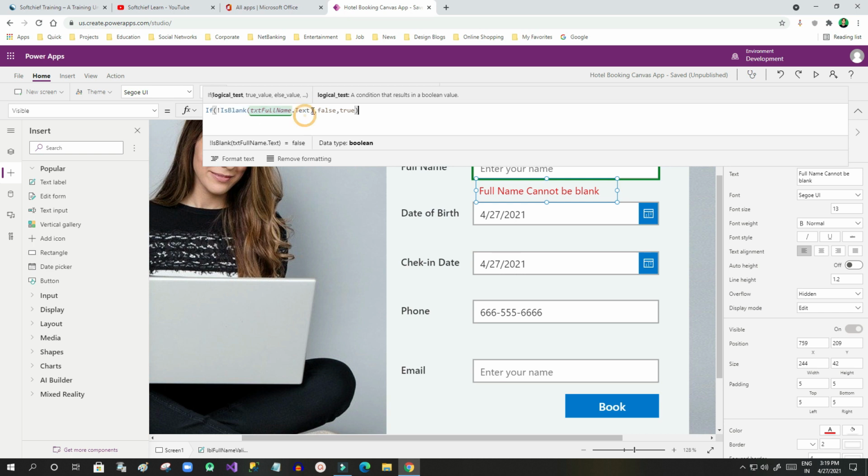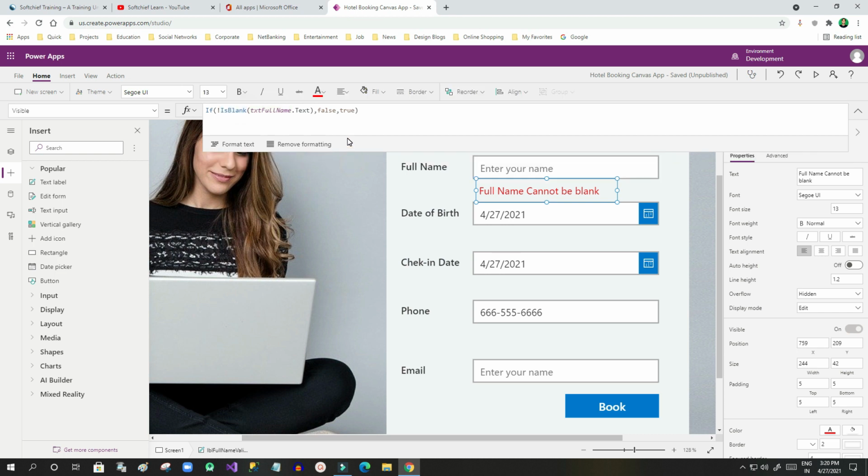If the field value is not blank, then hide the label, because we are assigning the return value of this expression to the Visible property of this label. That's why if a value exists, hide the red label, otherwise show it. Simple. You have to remember the IsBlank formula to identify whether a specific field has a value or is blank.